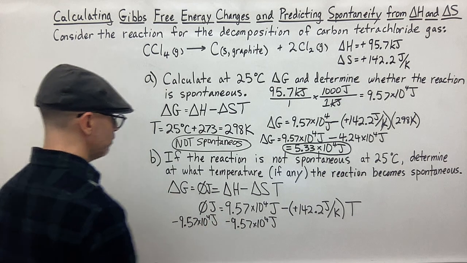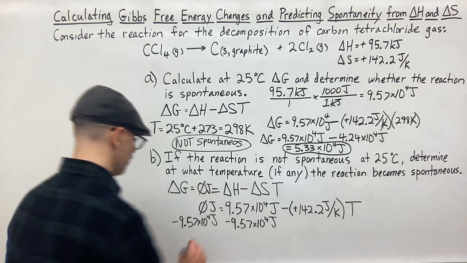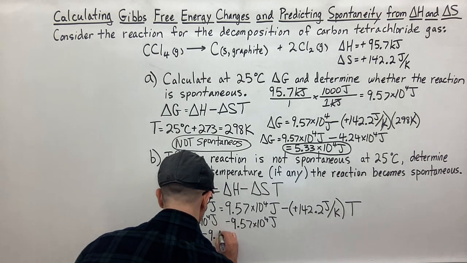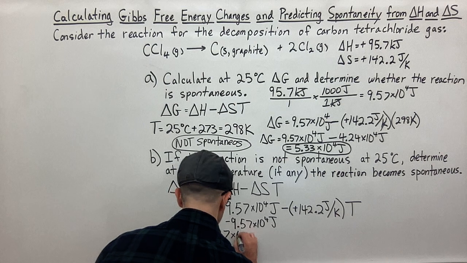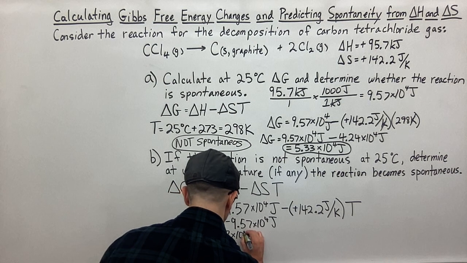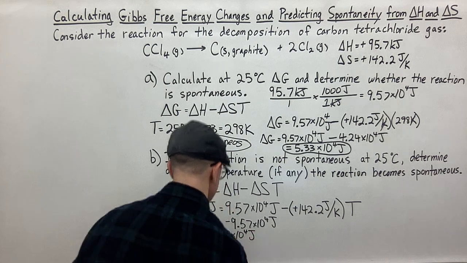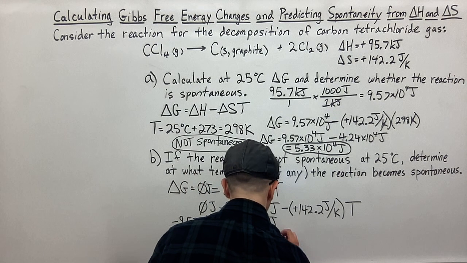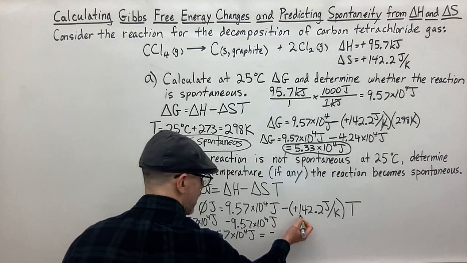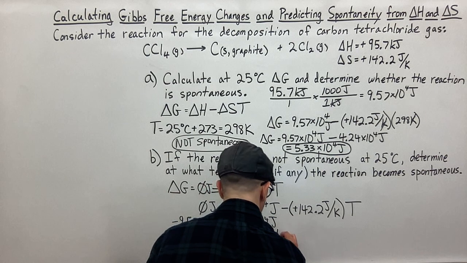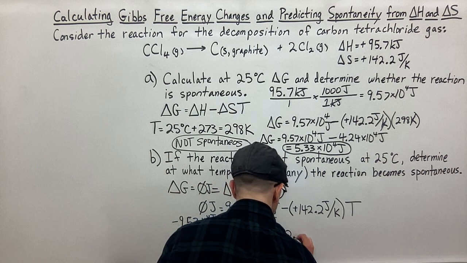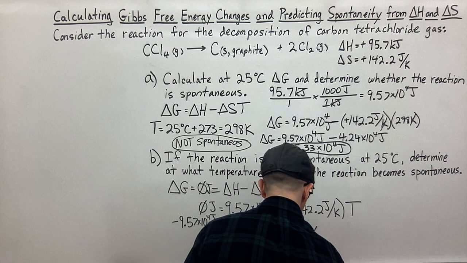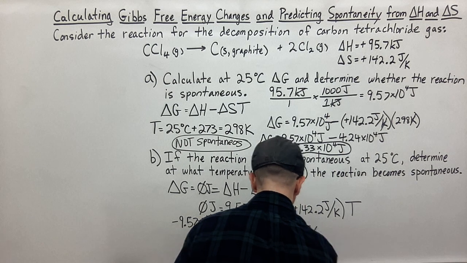So now we have negative 9.57 times 10 to the 4 joules. And now that's going to be equal to this side, which is negative, because a negative and a positive is negative. So negative 142.2 joules per Kelvin